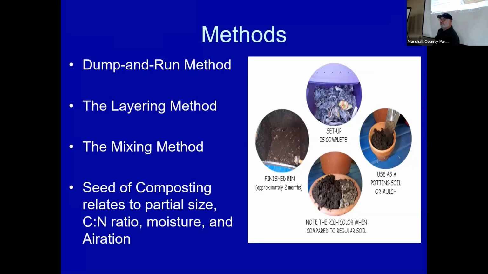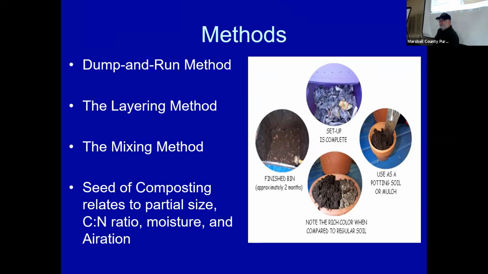I borrowed this slide from a presentation of a master gardener. Just dump whatever you have into the compost bin as you make your waste. Or use the layering method: alternate layers of greens and browns. Or the third method is mixing your compost as you add it to the bin, so that you're always turning the compost. Your bin can take as long as 2 months to as long as 1 year to result in